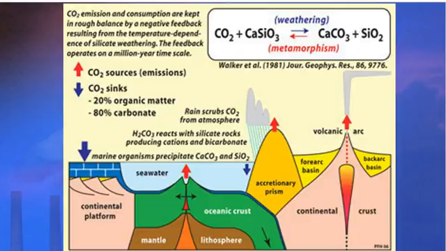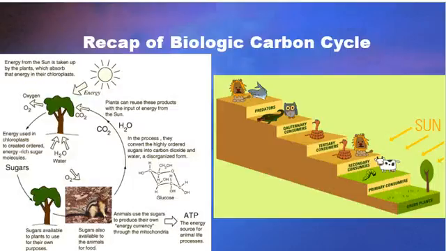The other thing that I like that this points out is that this is a feedback cycle. It's something that happens on a millions of years time scale. So it's not going to adjust the climate of the Earth in a quick enough time for us to really notice. But it does mean that if the temperature starts going up or down too much, eventually this is going to help to regulate it again. And that's part of what he was talking about in that video. So if you can take that away, then you're in good shape.